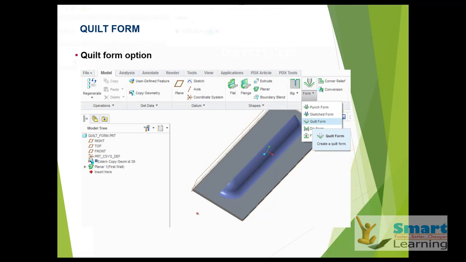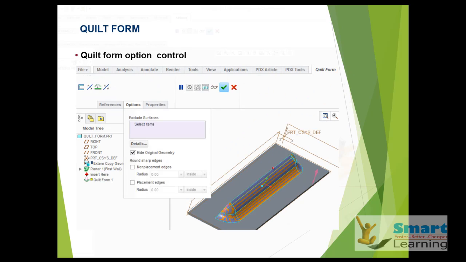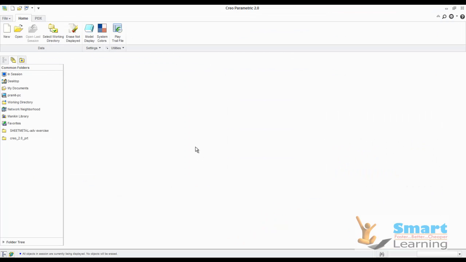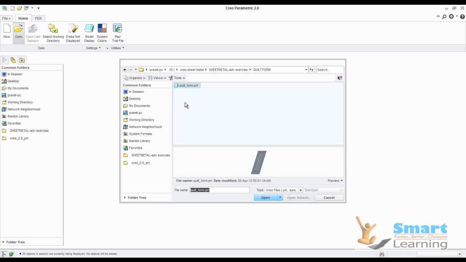In this session, we'll discuss quilt form, which is very important because you can use this tool for creating a customized forming tool, which you can use directly from the external geometry by copying external geometry information, and then you can use that information as a tool. So I'll show you how you can create these customized quilt form options. For that, we'll be considering a couple of examples.